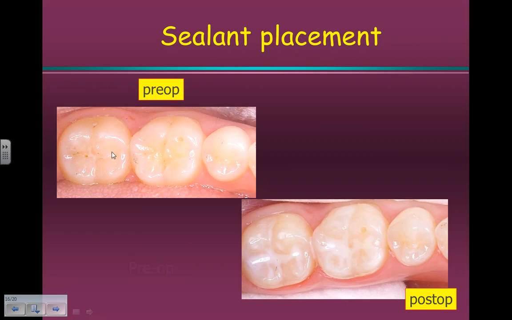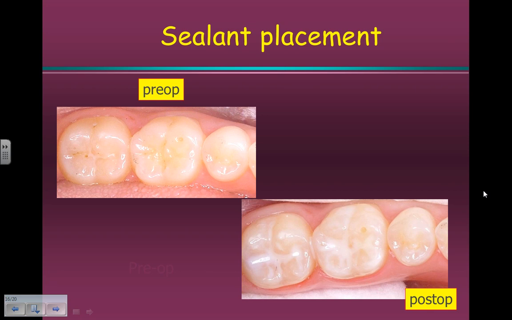When we look at a preoperative view of number 18 and number 19, you can see some residual sealant that does not have to be removed, and you see no sealant on number 19. After the sealant's been placed, it's been placed at 0.3 of a millimeter in thickness and extending onto the cusp ridges. With the sealant in place, then we can